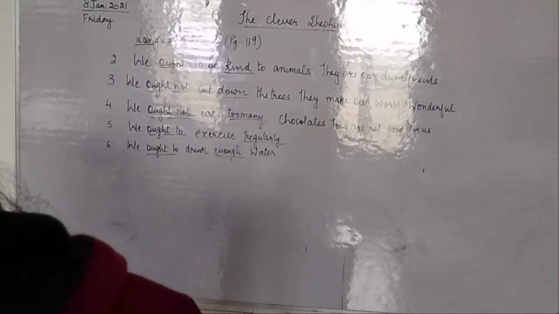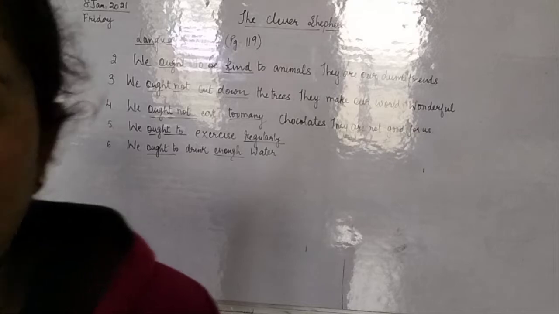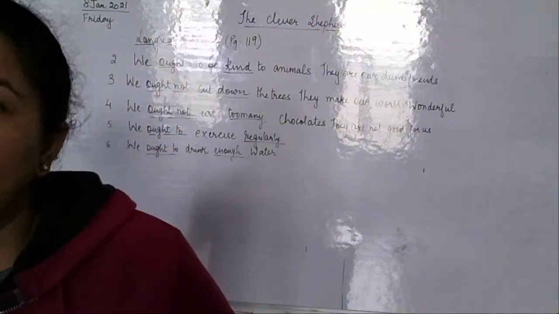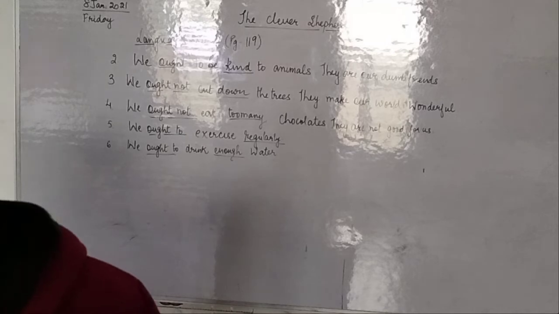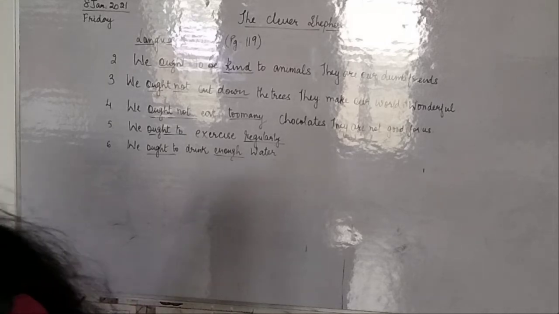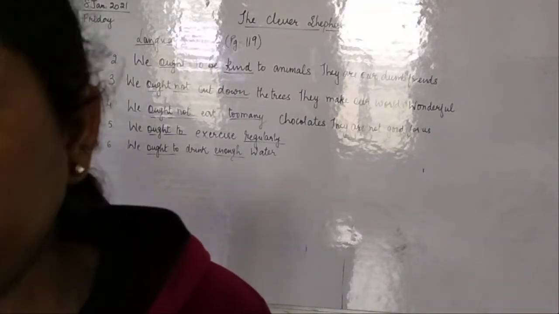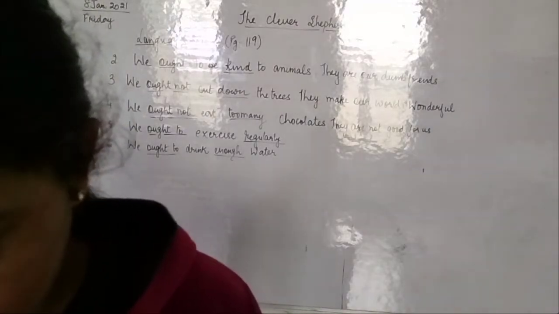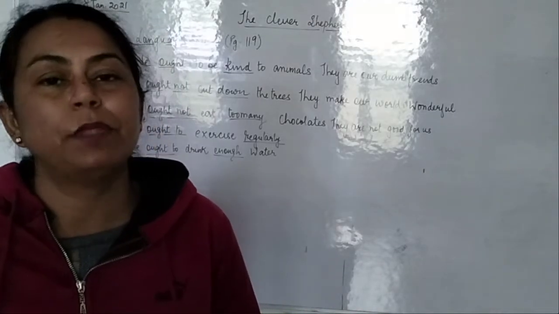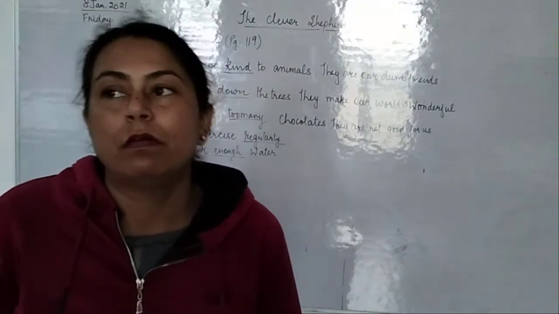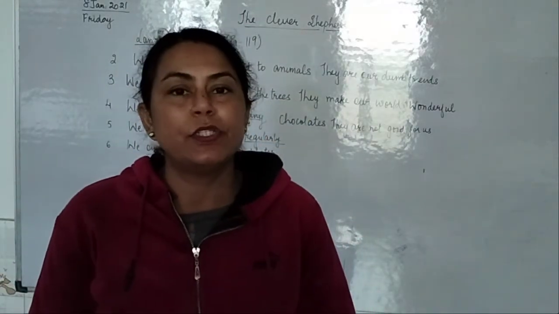Now, ought is an auxiliary verb and it is used to express duty, fitness and moral obligation. Yes, we use ought when we have to show that it is our moral duty or fitness or a moral obligation. So now the next one is the word part. Some adjectives are made up of more than one word. They are called adjective phrases. So adjectives are the describing words, those words which describe the noun. And when the adjectives are made up of more than one word, they are known as adjective phrases.